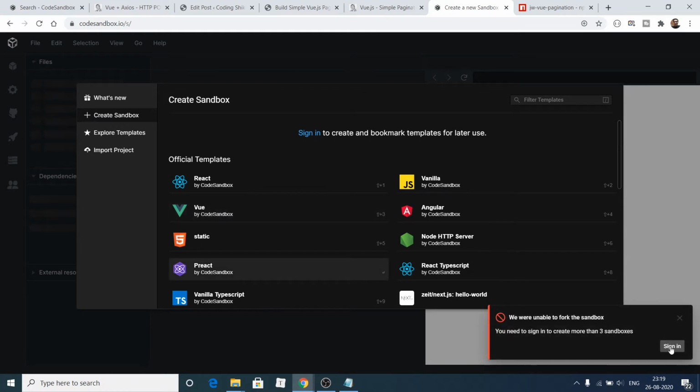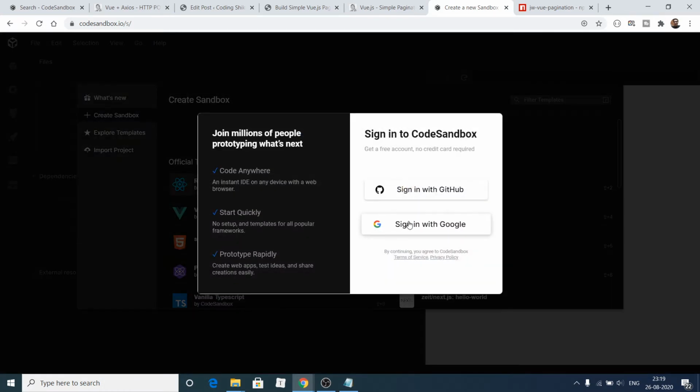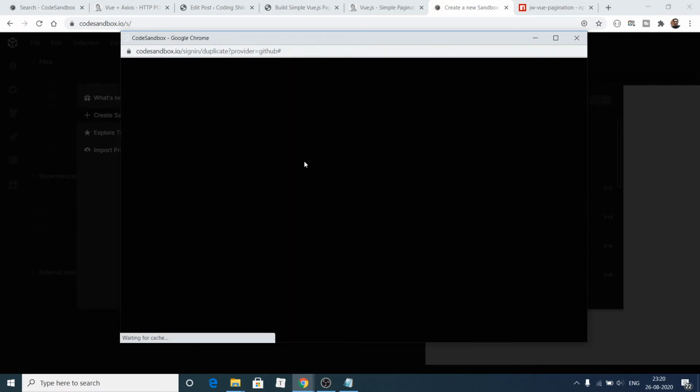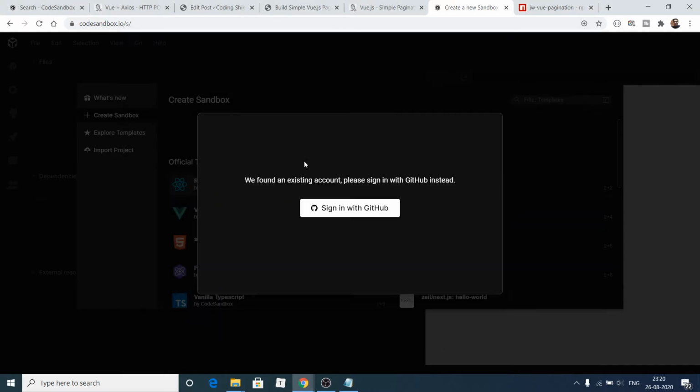It is telling me to sign in, so simply sign in with Google. The free account only allows you to create 3 sandboxes for free. So let me sign in with my account. It is very easy, and then it will redirect you. Let me sign in with my GitHub account.